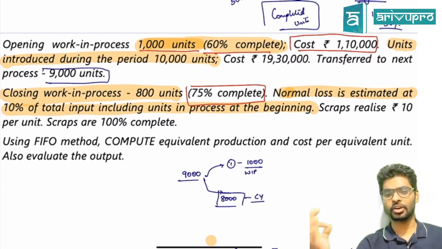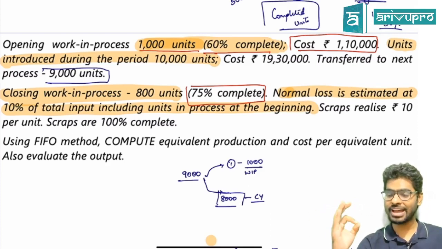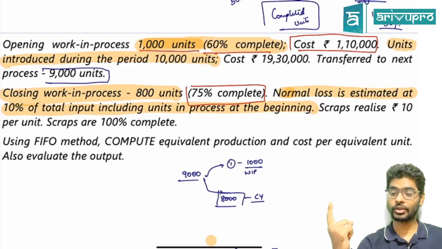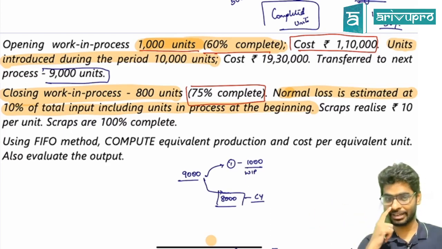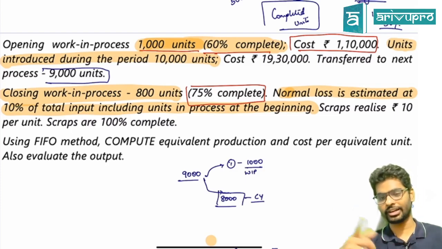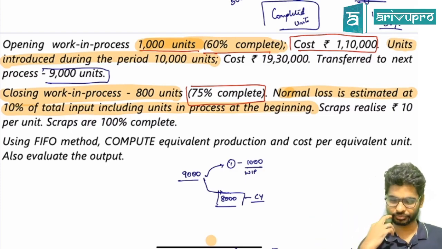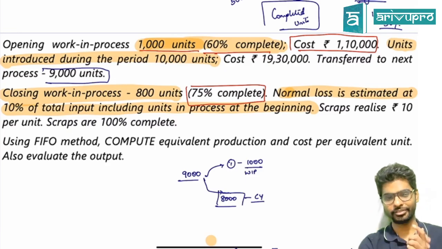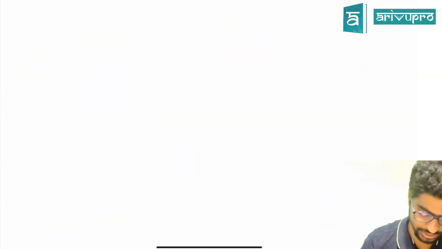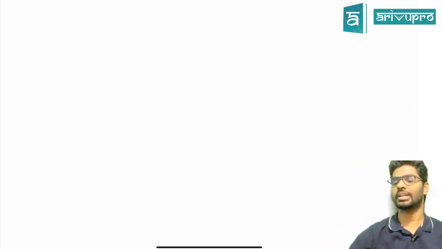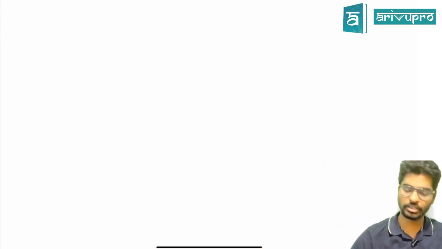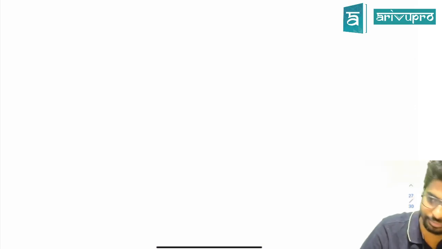Normal loss is estimated. Scrap value realized 10 rupees per unit. So what case are we dealing with? We are dealing with normal loss and abnormal loss both having a scrap value. Luckily in this question they have already given that scraps are 100% complete. We have to follow the FIFO method. Now look at the way I do my calculation. My step 1 is calculation of equivalent cost units. Are you clear? Second one is